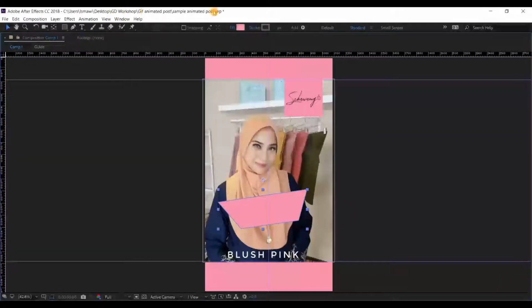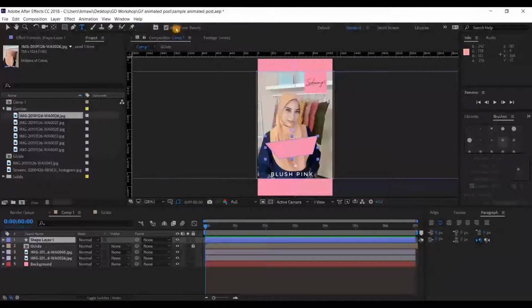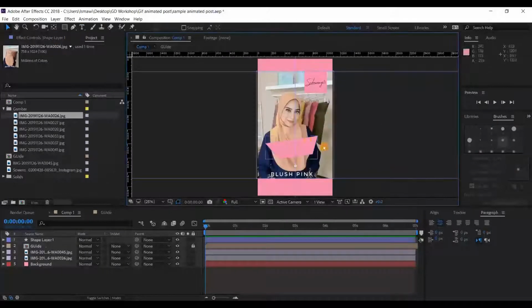Okay, so pay attention to the top menu bar here. Sometimes when we change our tool, a lot of other information or options appear on top. All right. So after we're done with our first graphic element, for the second one, we're going to create a shadow for it, because we want to add more contrast to our graphic. So what we're going to do is select our shape layer.